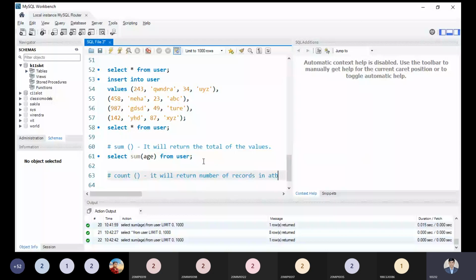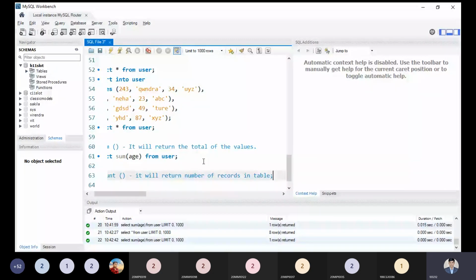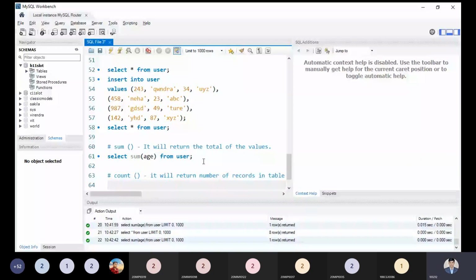If any data values are missing, then you will see there are 1,000 records, but I am able to see only 900. So where are the other 100? Because those 100 values are null values. The count function will not count the null values. That is the point. If you have a null value, it will not be considered as part of our count.